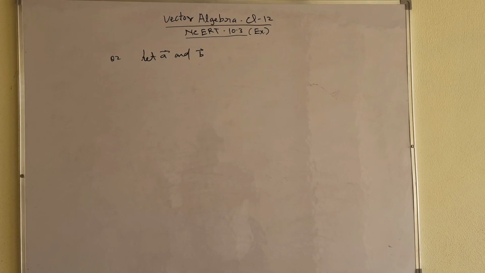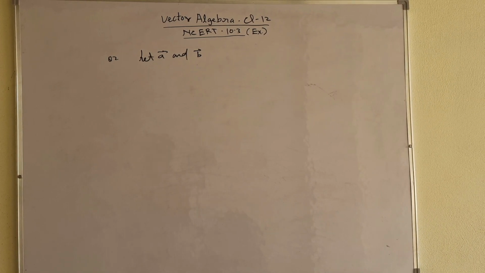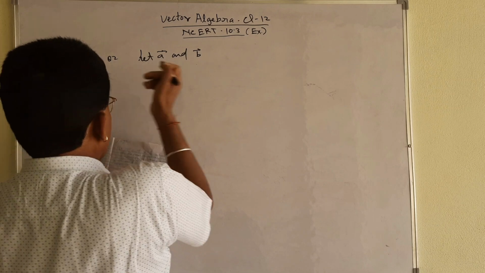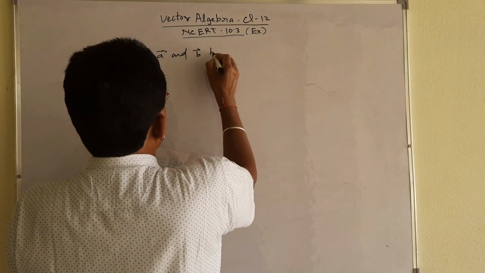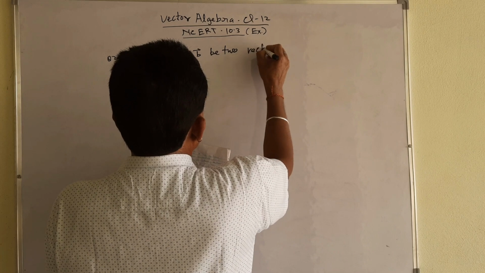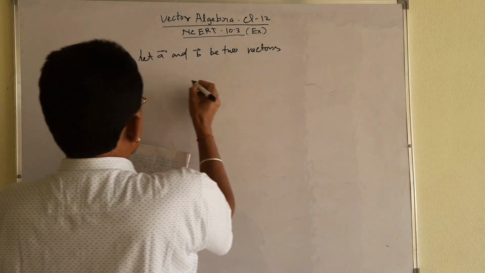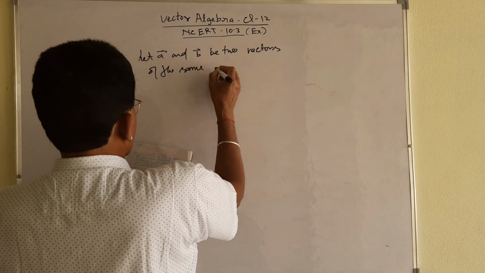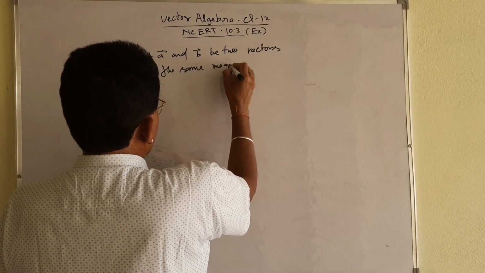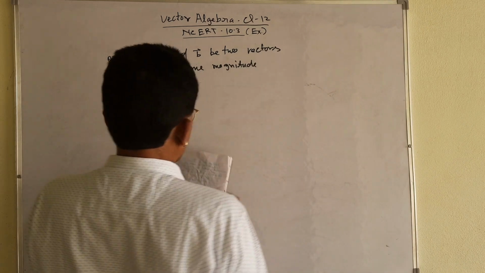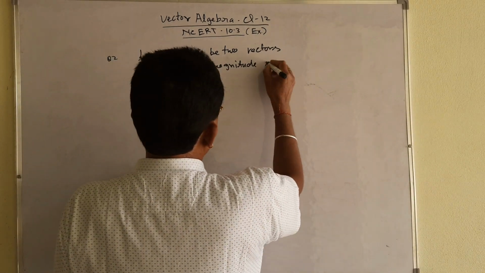Let me write vector A and B, two vectors of the same magnitude, such that